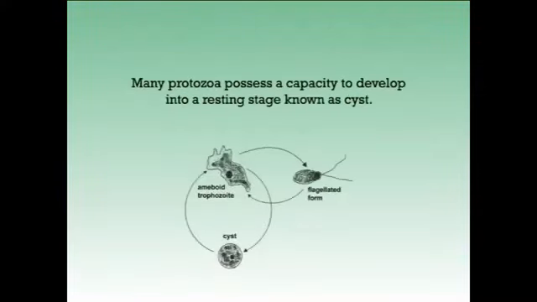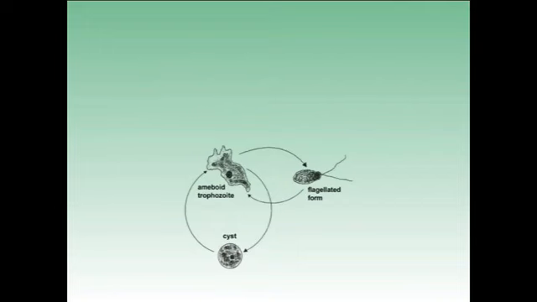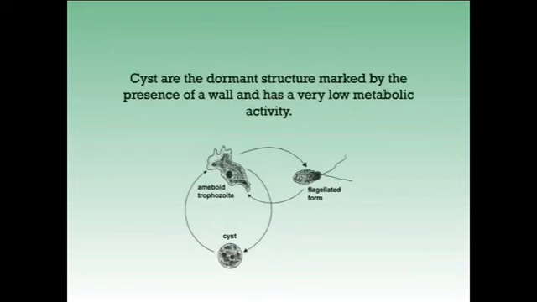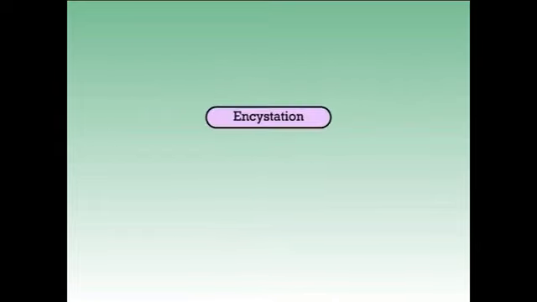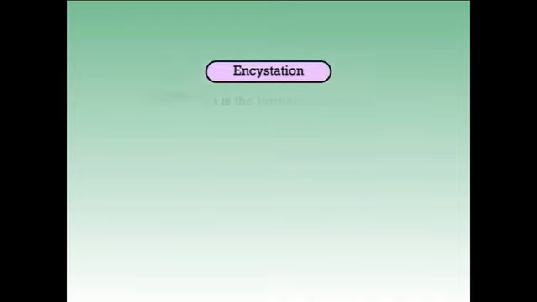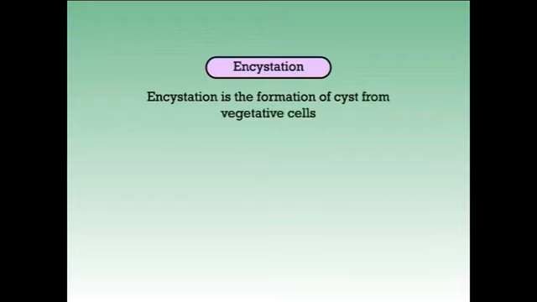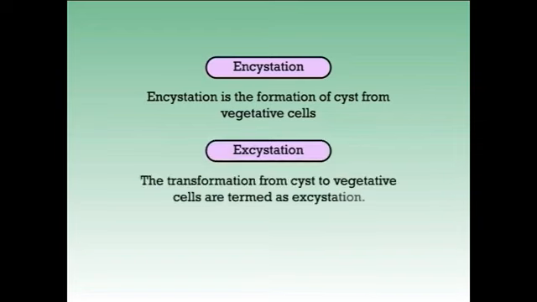Many of the protozoa possess a capacity to develop into a resting stage that we call a cyst. Cysts are dormant structures marked by the presence of a valve and have very low metabolic activity. Under this, there are two very interesting terms, that is encystation and excystation. We'll see what these two are. Encystation is the formation of cyst from vegetative cells, whereas the transformation from cyst to vegetative cells is termed